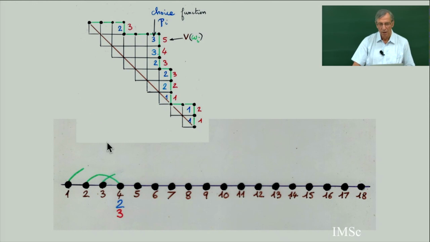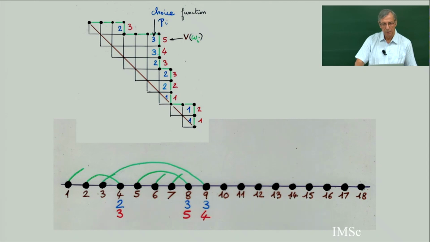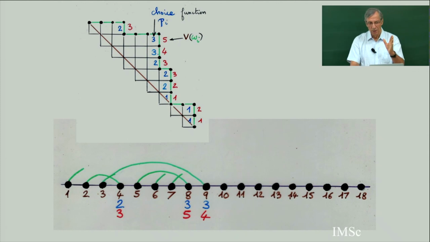So this is choice number 2. Then I go up, up, up. And then I have 5 different choices for the next one, and I take choice number 3. This was the first choice, second, third. And you continue like this. So you read the Dyck path, and you have a certain number.